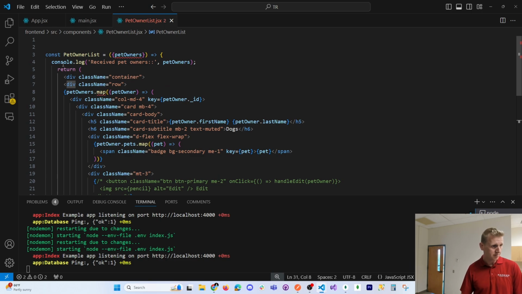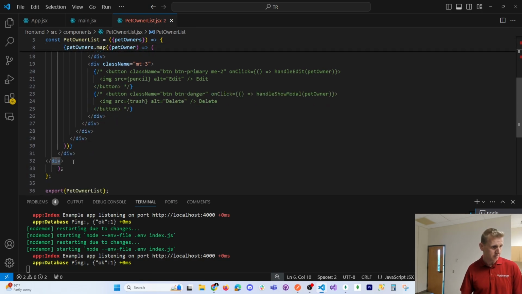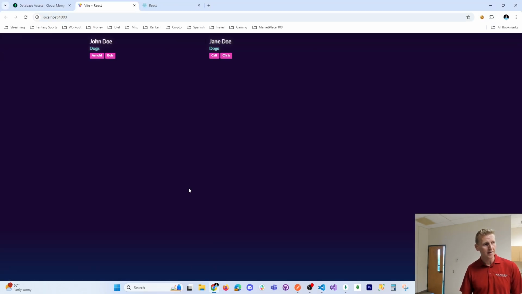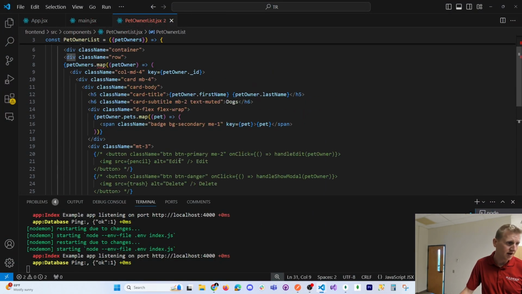That div closes the row, that div closes the container. We can wire that up properly. Let's get a little spacing here. Okay, so now we get a little bit of centering going on. And we are reading data. Okay, so now it brings us back to